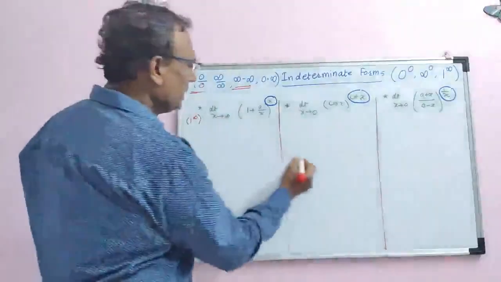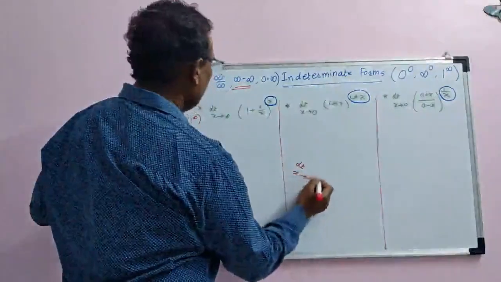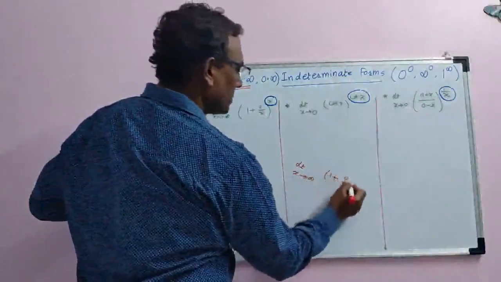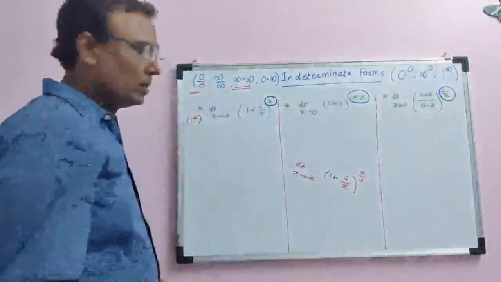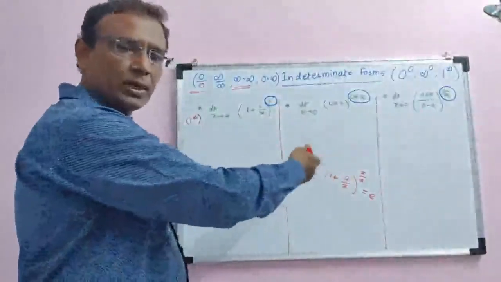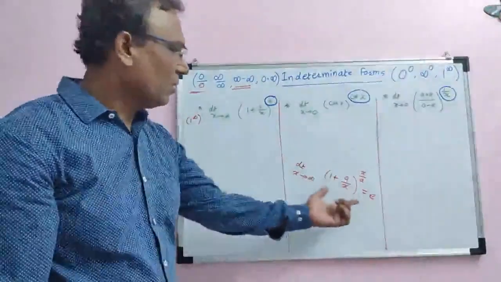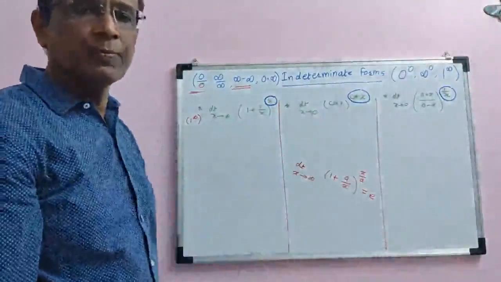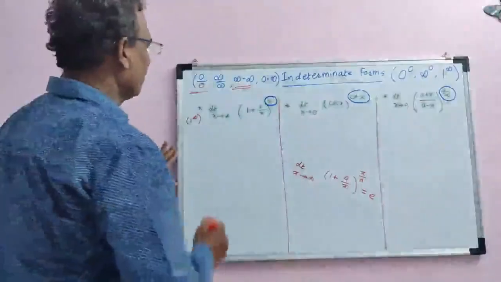When you solve this, there is one more formula, no? Limit x tends to infinity, 1 plus a by x, and this has to the power x by a, exactly the reciprocal of this. And the value of this is e. Okay, you can apply L'Hospital rule and use the procedure and solve it. But in short, I just tell you how to find the answer, because you are supposed to solve MCQs and select one of the answers.